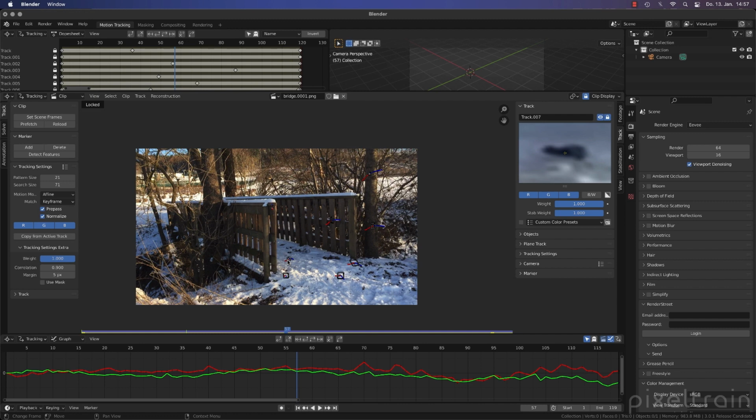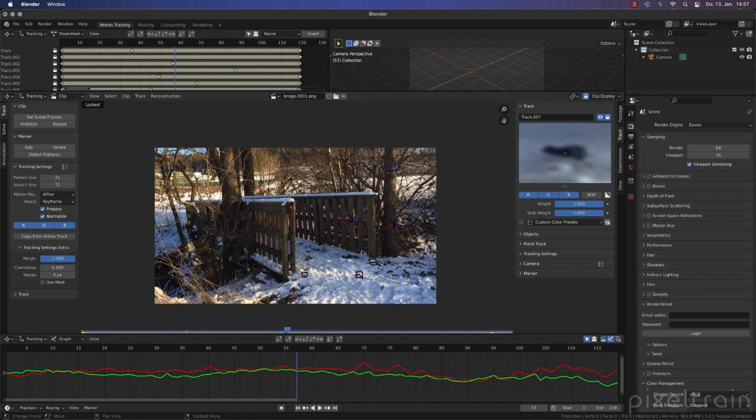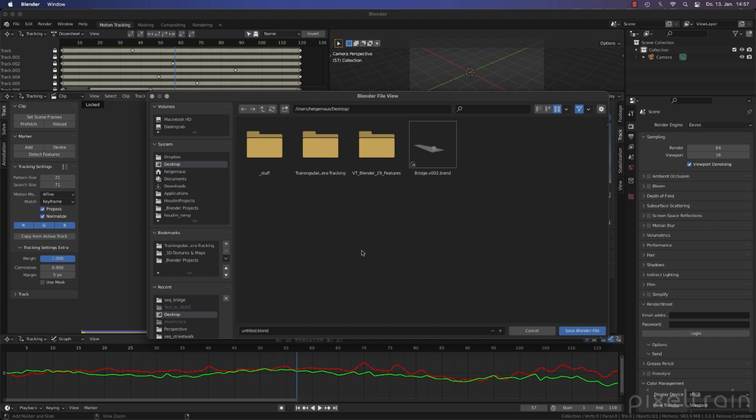Keep in mind that this can be enough, but sometimes it's not enough. I don't think that this is enough, but I don't want now to have trackers which are offsetted, or I don't want tracks which live shorter than the whole sequence for this lesson. So let's try if we can solve that. So that's the lesson idea here.